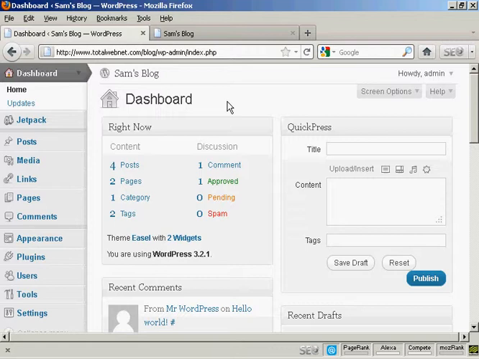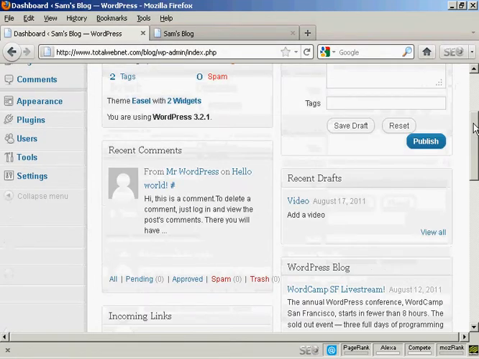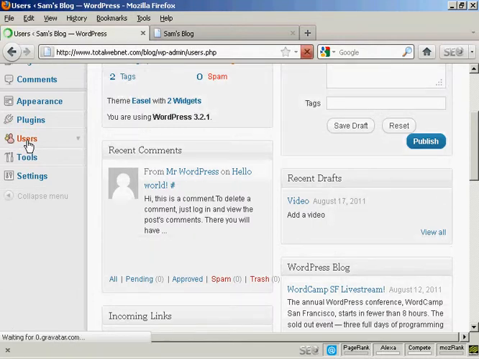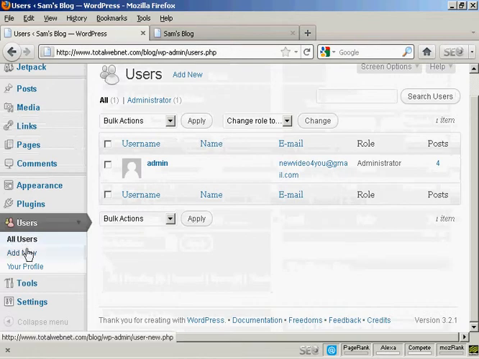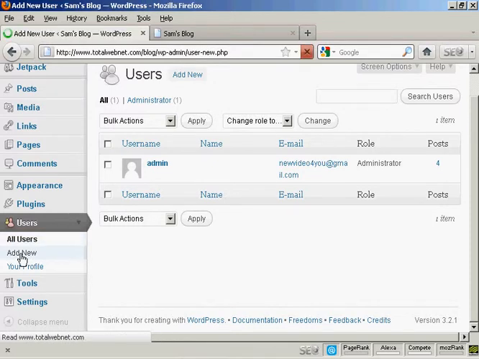But you might want to allow extra people to access your WordPress blog, and you might want to restrict what they can and cannot do. And you can do this very simply. From the dashboard, come down here to users and click, and then you can see it will list all the users. If you want to add a new user, click here on add new,